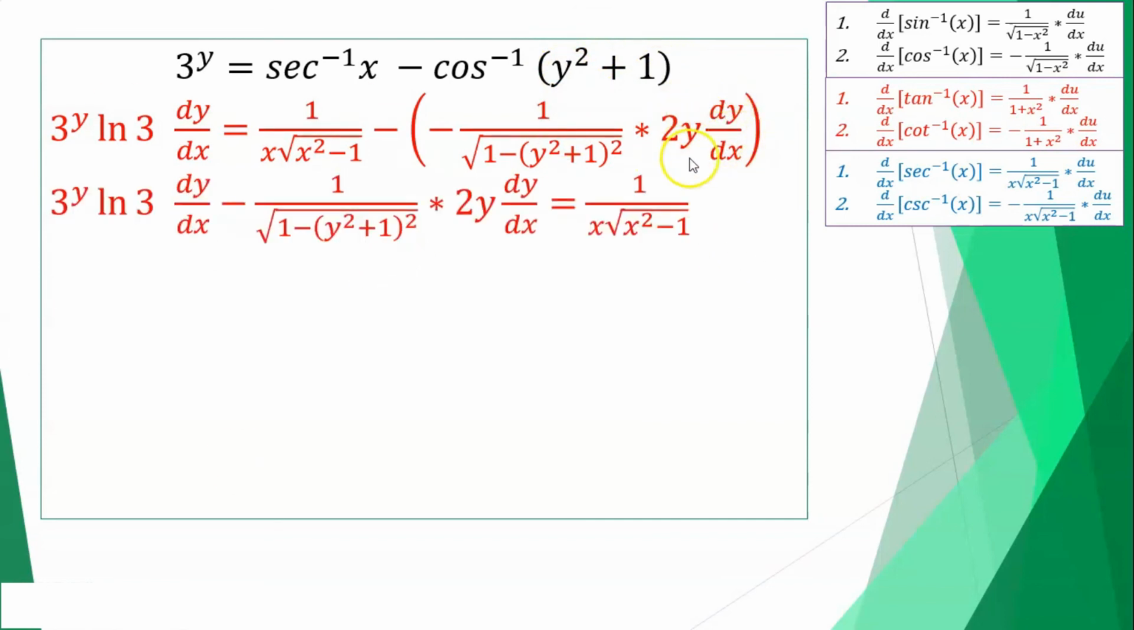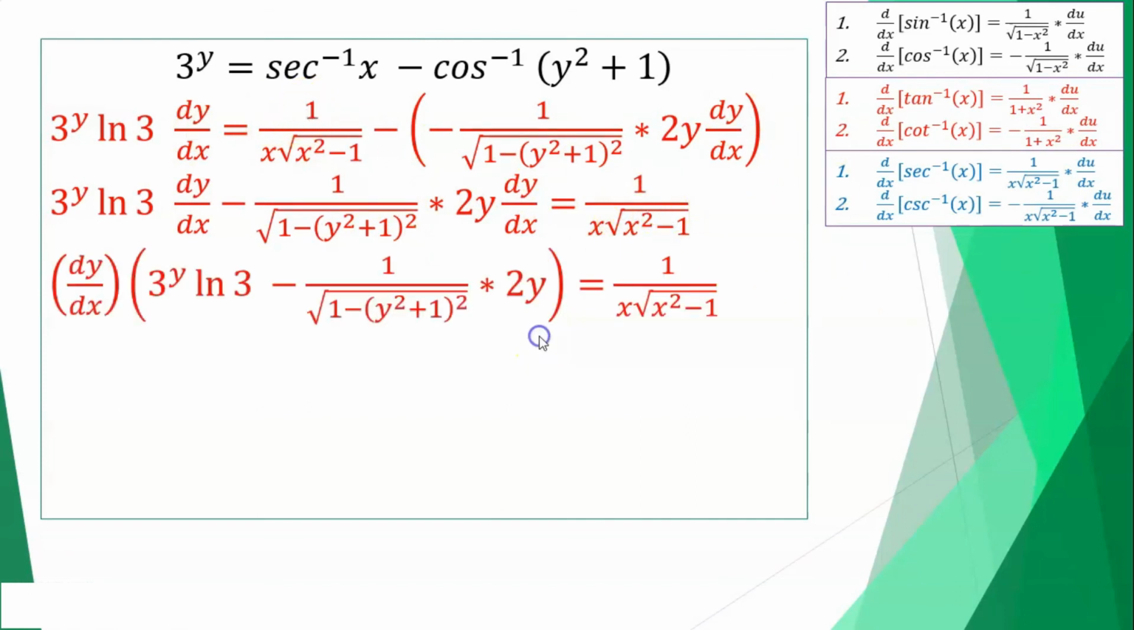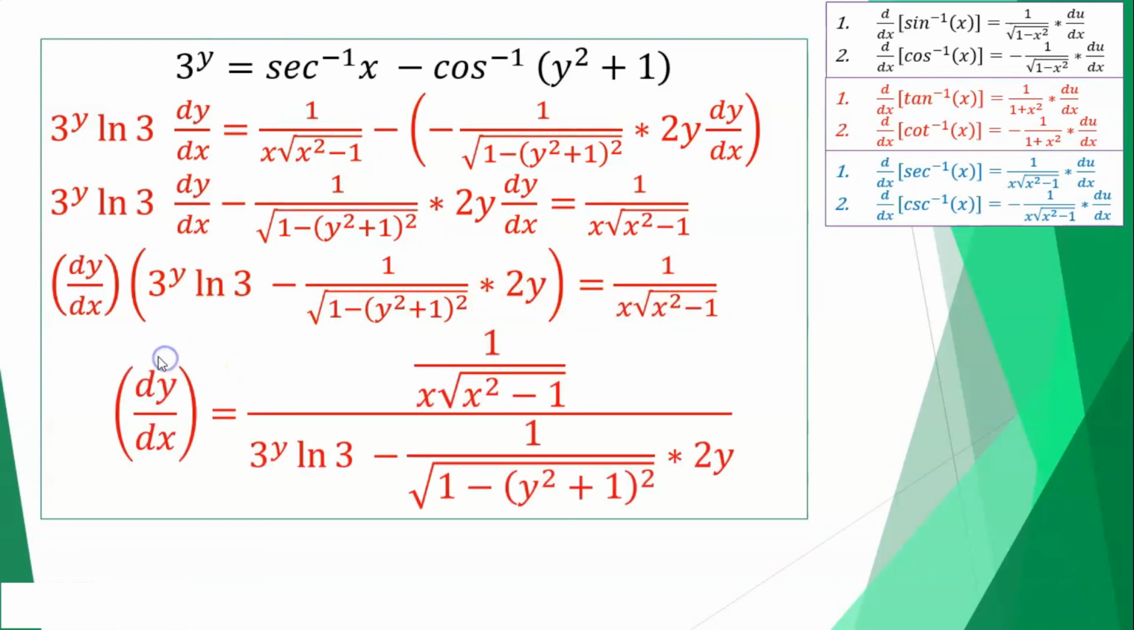With the dy dx term, we transfer it to the other side. So from here, this would become negative 1 over 1 minus y squared plus 1 squared times 2y dy dx, and this one here at the other side. Okay, then you factor out dy dx, so what's left is 3 to the y ln of 3. Then this one times 2y is equal to this one. Then at this point, divide the entire equation by this. So the final